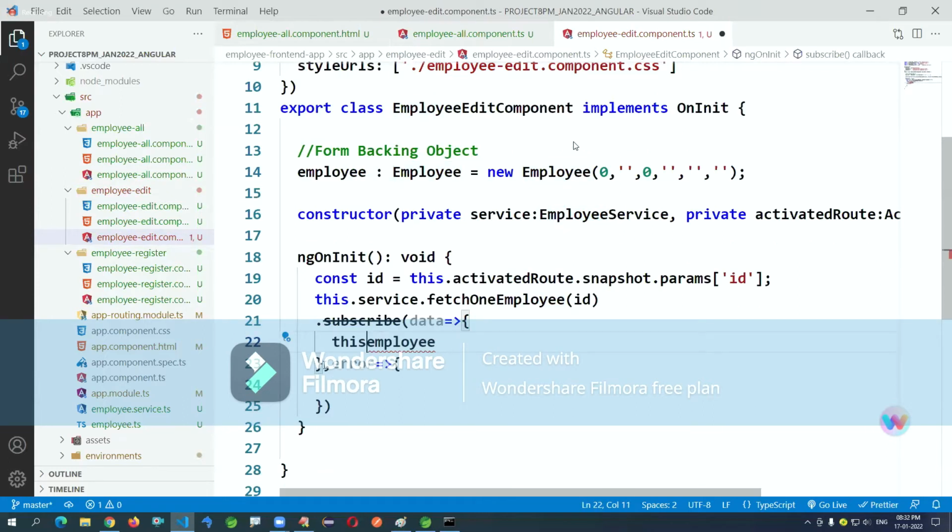This data is loaded. In case of error, I'll print console.log error. Leave about this deprecation. I'll show that solution later. Subscribe is nothing but reading the data.